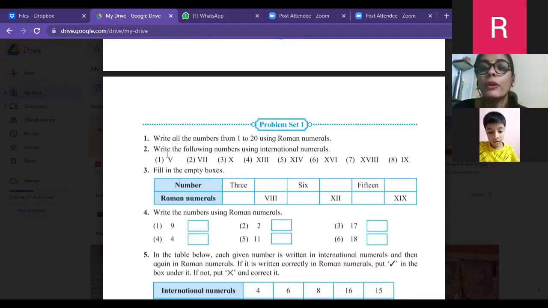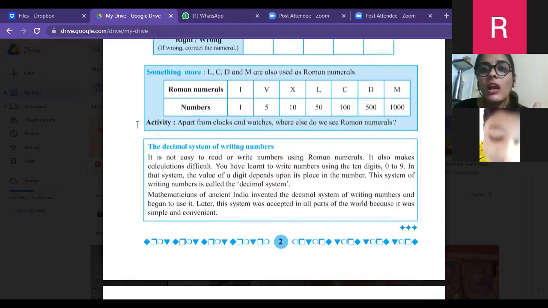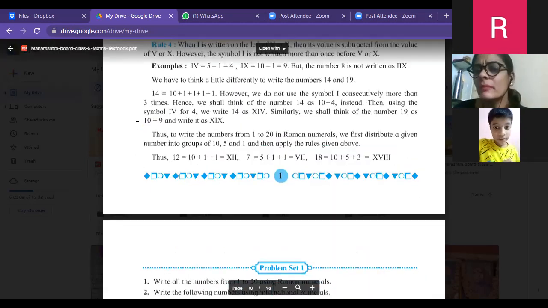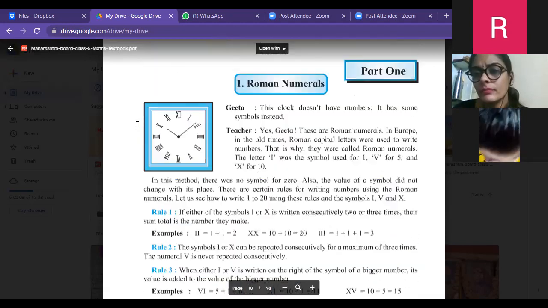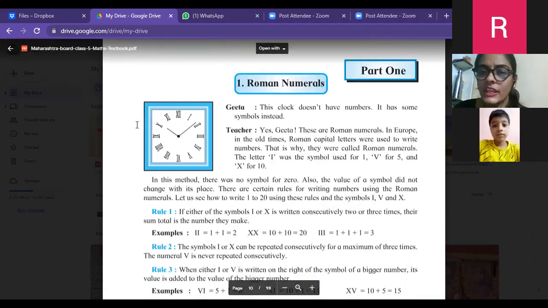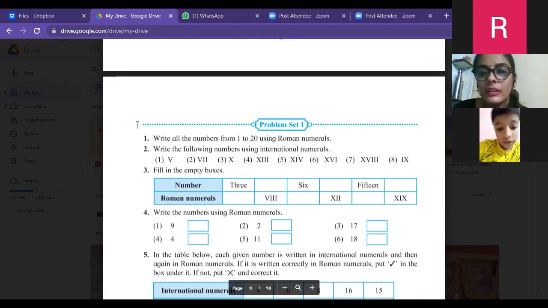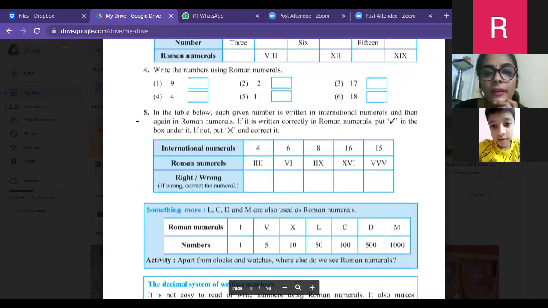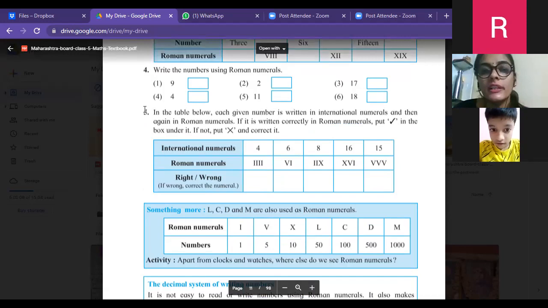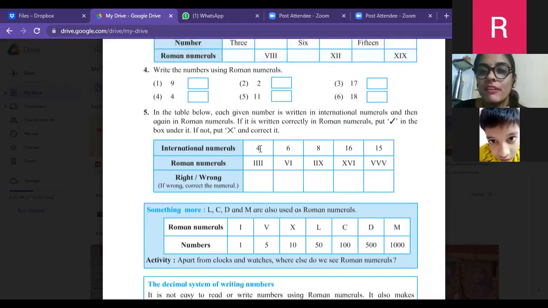Okay. Hope you understand everything. Is it clear to you? Yes, teacher. अभी आपको कुछ ऐसा है जो नहीं समझा? No, teacher. Is it clear very well? Yes, teacher. Okay. So now can you do this fifth one and tell me what is right or wrong? Can you do it in your textbook? See, 4 is given. So is this 4 correct or wrong?